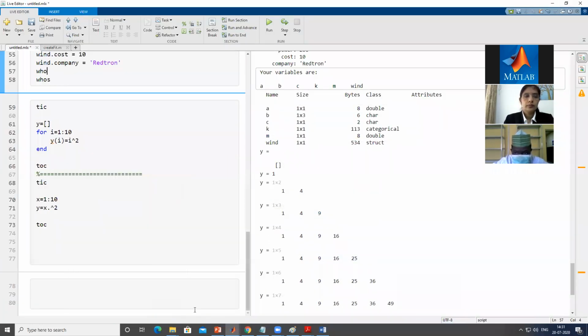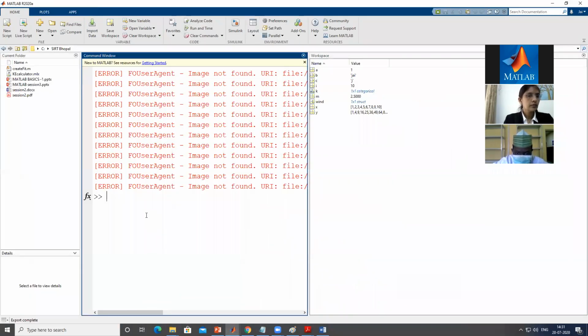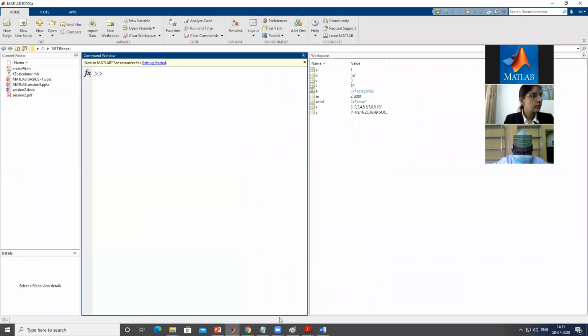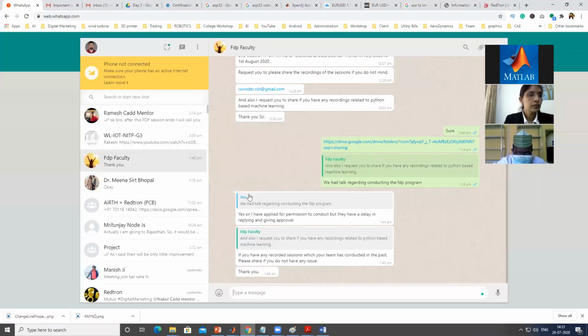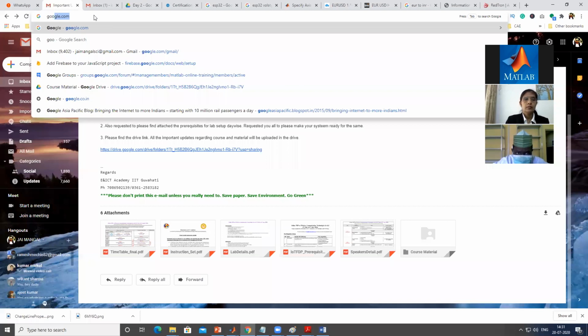Okay, so now we will quickly start the image processing part. For image processing, what I will do first is download some image from Google.